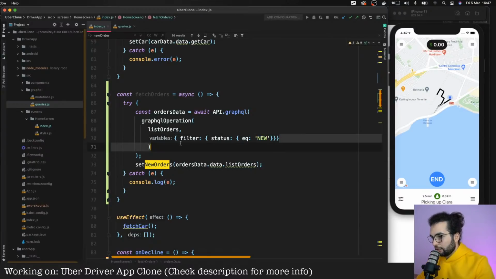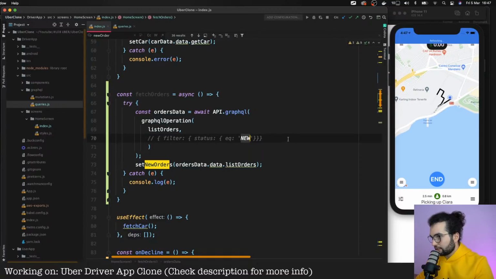So as far as I remember, this will make sure that we get only orders with the status equal to new. But as we don't have any orders with status equal new in our database, let's try it like this.